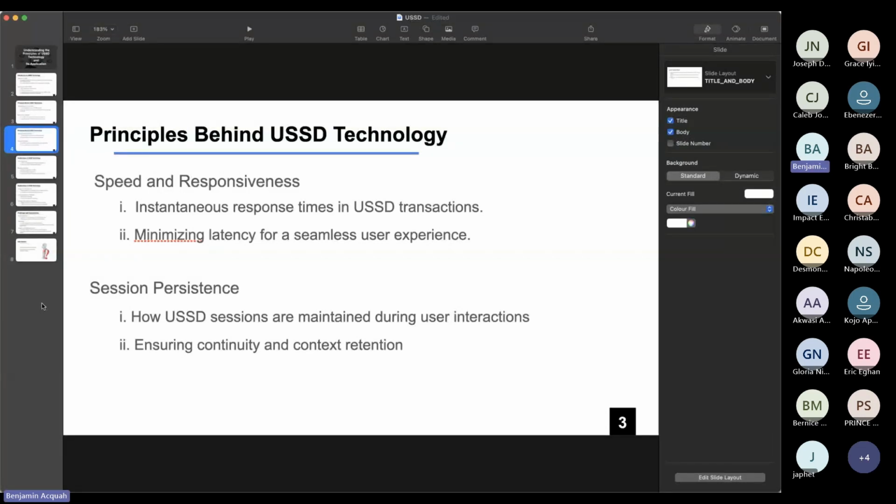So how are USSD sessions maintained during interaction? You would have to track the states. So you have to understand the statelessness or the statefulness of every session, right? That's the state of every session, and the context of every session. The context simply means